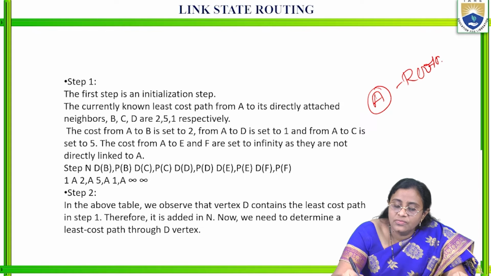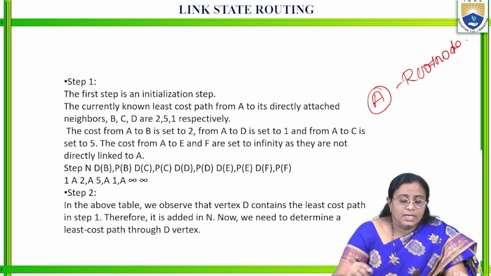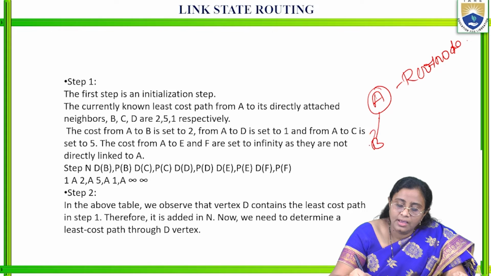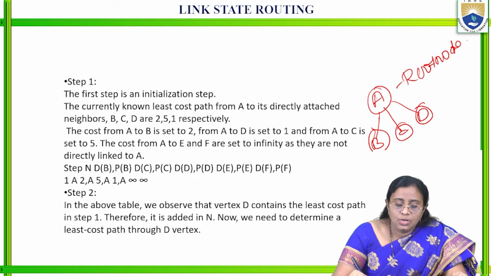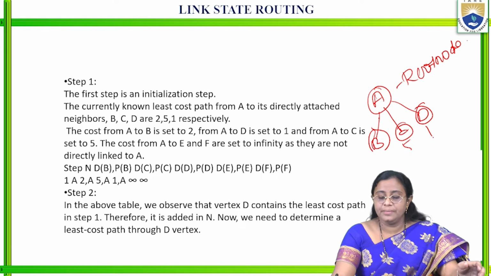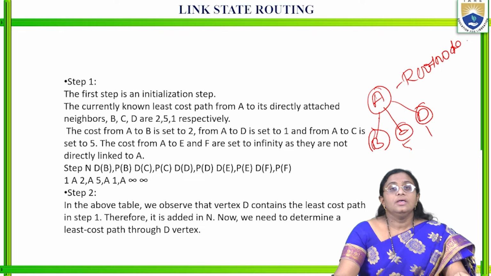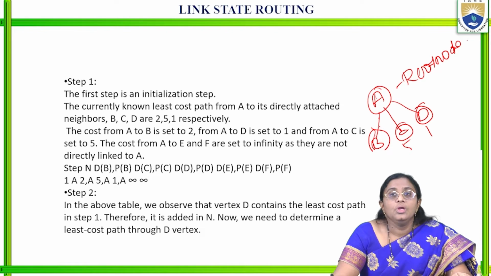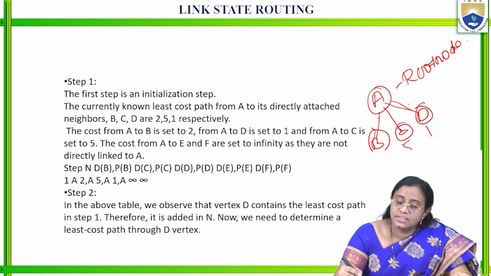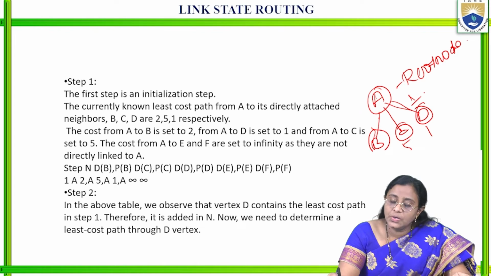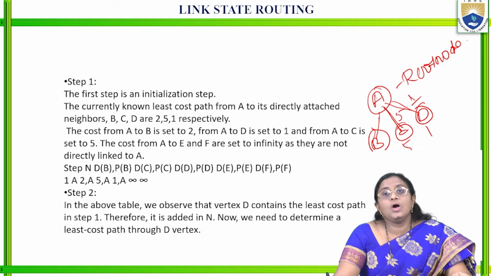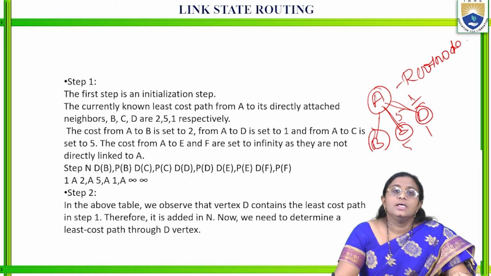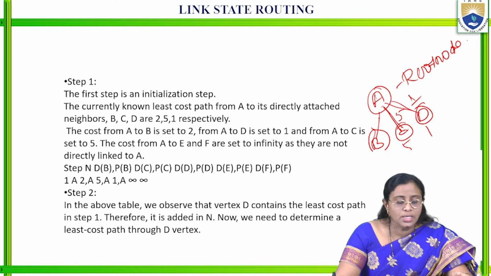A will be the root node, whose directly attached neighbors B, C and D have costs 2, 5, 1 respectively. The cost from A to B is set to 2, from A to D is set to 1, and from A to C is set to 5. The cost from A to E and F are set to infinity as they are not directly